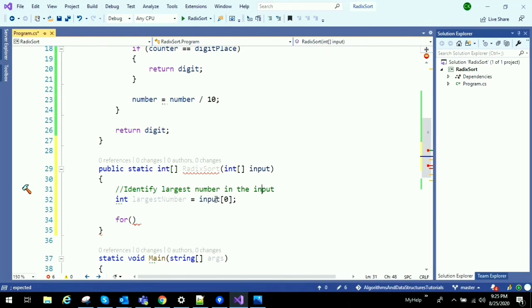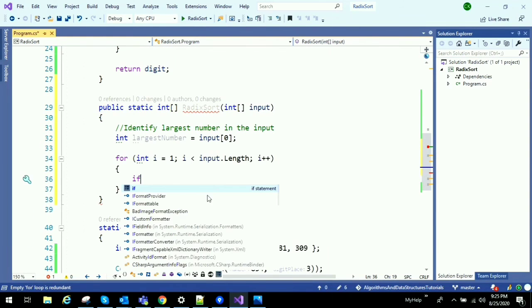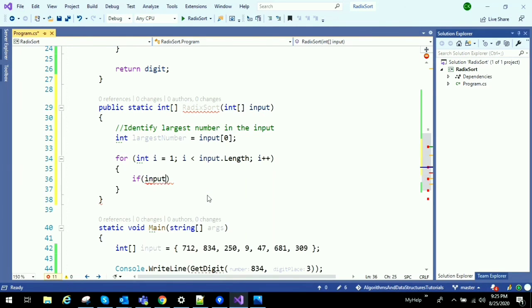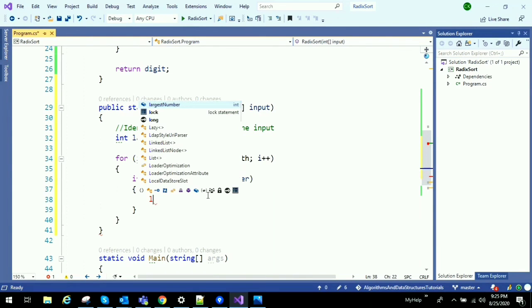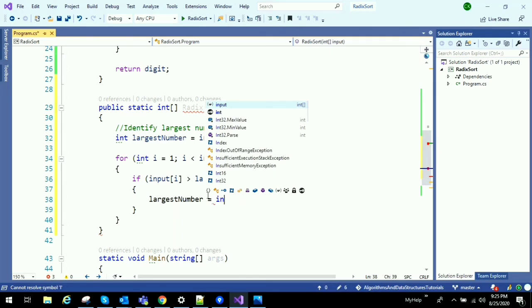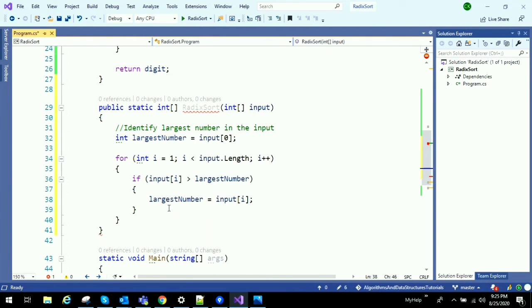Because I have assigned the value which is at 0th index, we can start from 1. If we find current element, that is input of i, is greater than largest number, then we assign that value to largest number. This way we will get largest number in the input.